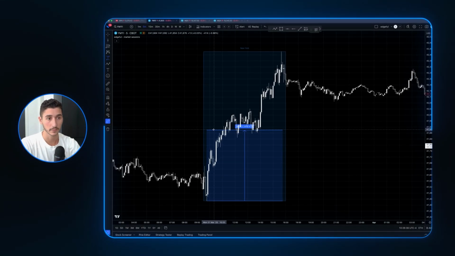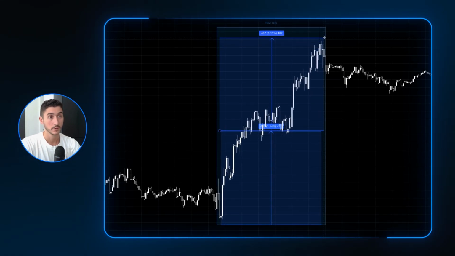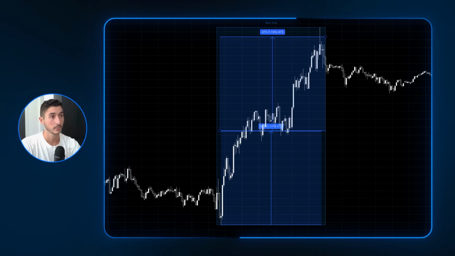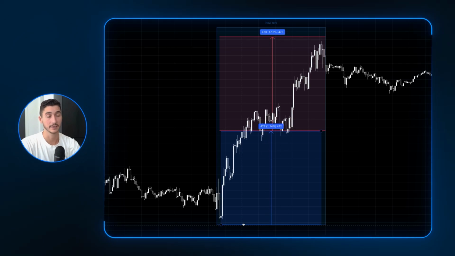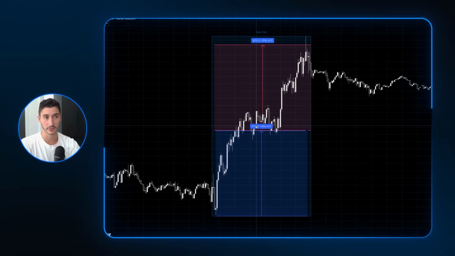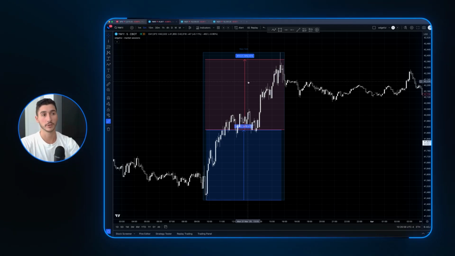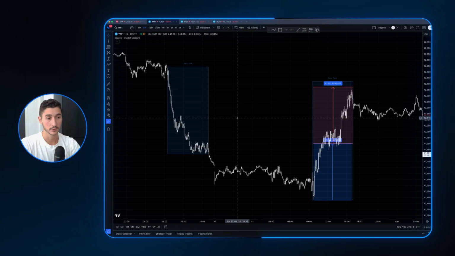So here, I'm going to go from here. So another 472 would be right over here. So it went 110% in excess. So if the ATR is 472, which it obviously was, it went another 472 on top, which is obviously not very likely. Whereas this day, the 23rd,